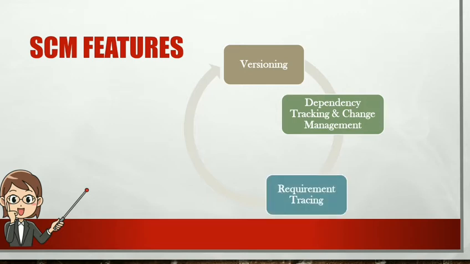Next is requirement tracing. Requirement tracing will provide the ability to trace all the design components and release. This tracing results from the specific requirement, called forward tracing. It is also useful in finding which requirements are fulfilled properly from the ready product, and this is called backward tracing. So requirement tracing helps us to identify and track the requirements.